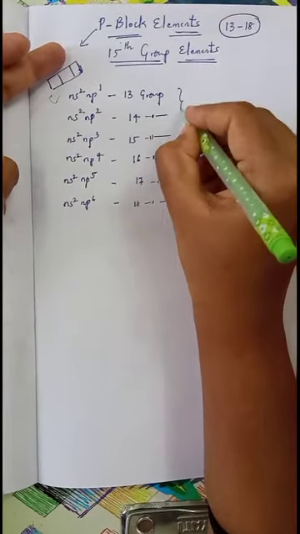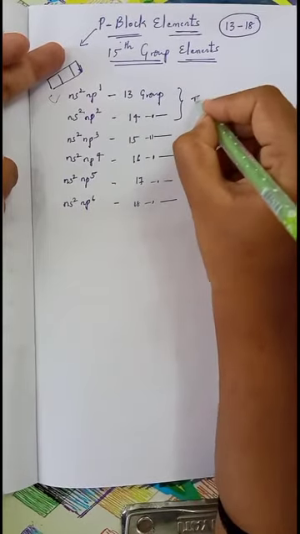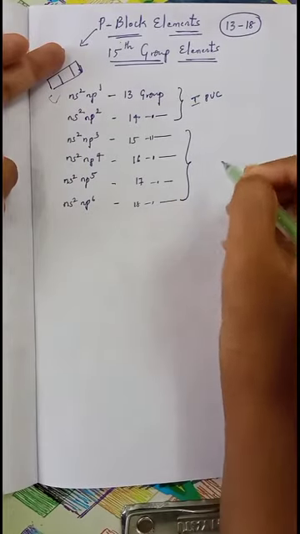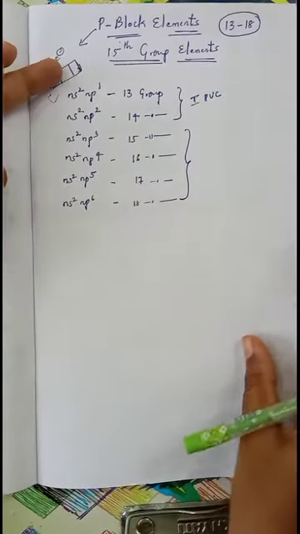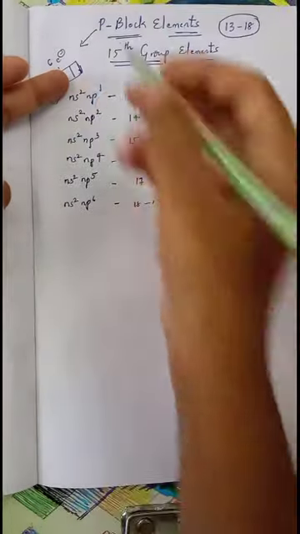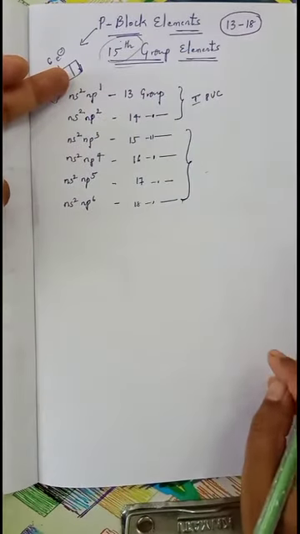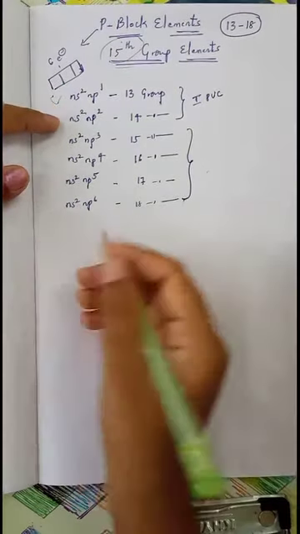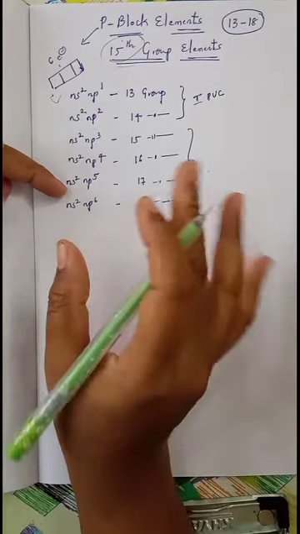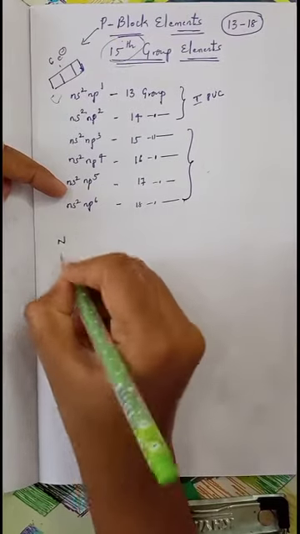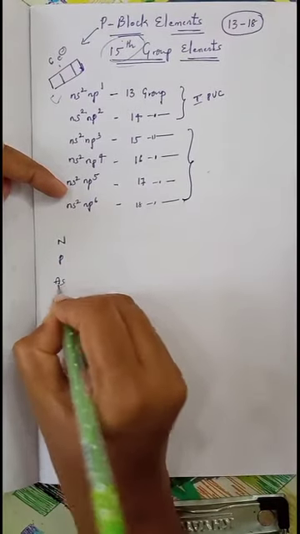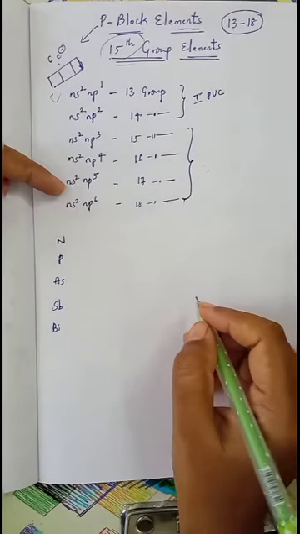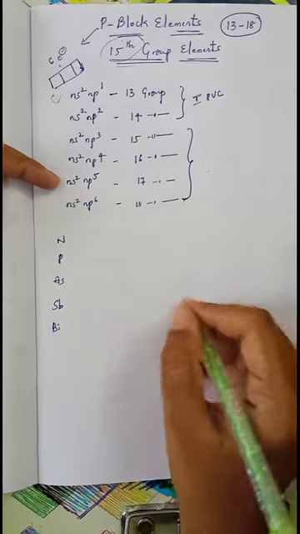Among the 6, you have already studied the 13th and 14th group elements in first PUC itself. Now we want to discuss the 4 important groups in second PUC. Among these 4, I am going to explain the 15th group elements first. So first we will discuss what the elements in the 15th group are. The 15th group contains 5 important elements: nitrogen, phosphorus, arsenic, antimony and bismuth.